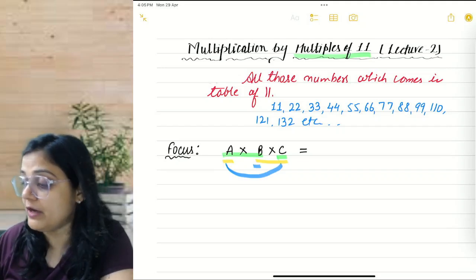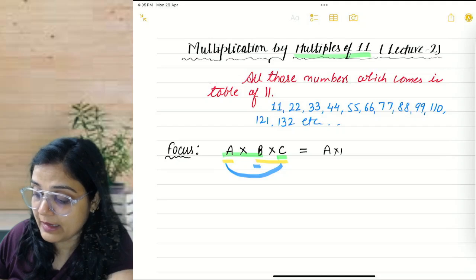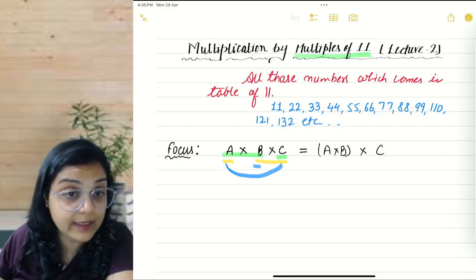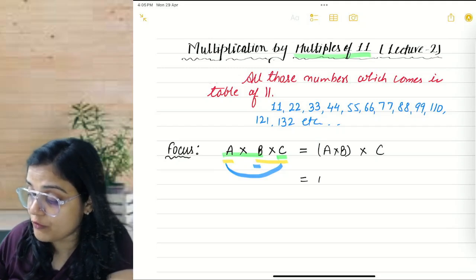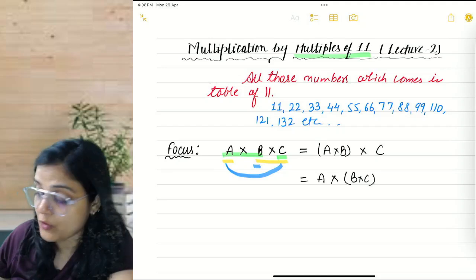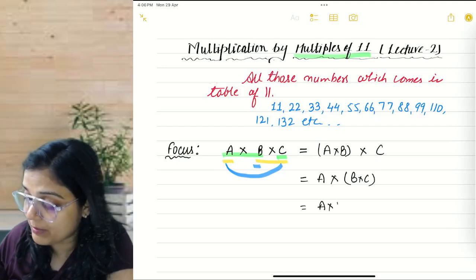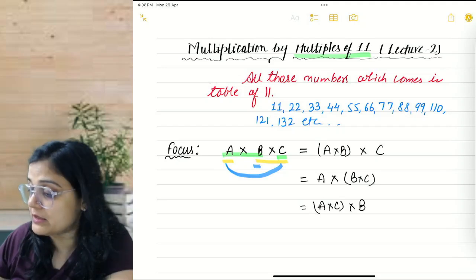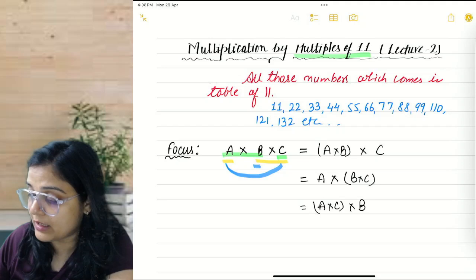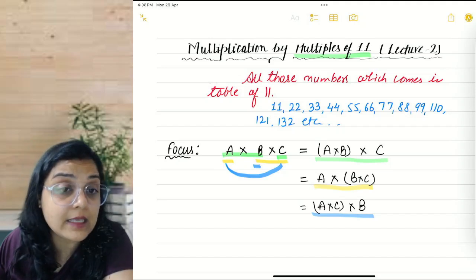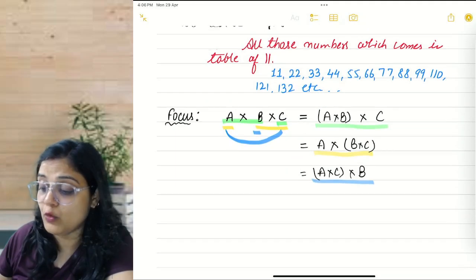So there are three different ways that I am telling you. You can multiply A and B first and then you can multiply it with C. Whatever answer you get in this, it will be the same as if you multiply B and C first and then multiply the answer with A, or it will be the same as if you multiply A and C first and then multiply the answer with B. In all three cases, this is with reference to the one that I have marked green. This is with reference to the one that I have marked yellow, and this is for the blue one. In all three cases, you will get the same answer, same result. I'll do it with an example first.